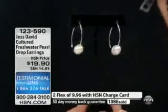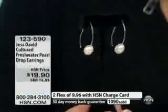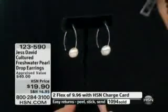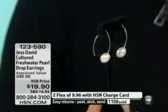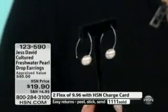I actually just made almost an identical pair. They were just slightly bigger for me for my favorite things. And you've heard me talk about them. They're my favorite pearl earrings. I love them. I wear them all the time. I gave them to my sister as a gift. They make amazing gifts. If you're looking for a gift for your sister or your girlfriend, you want to keep it in that $20 range,